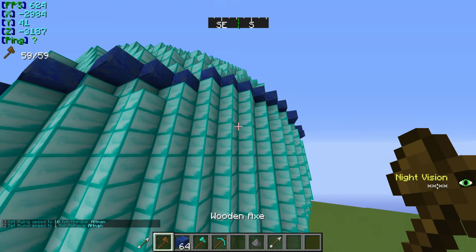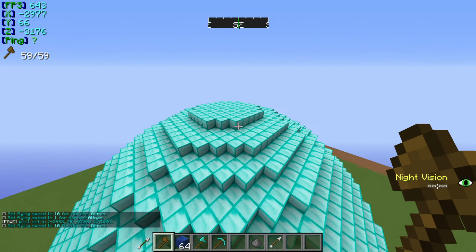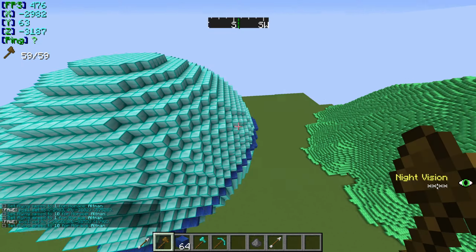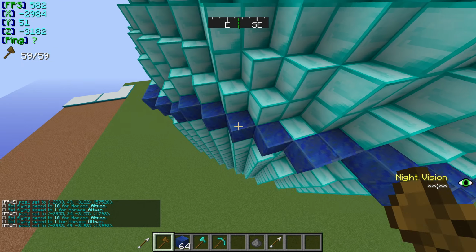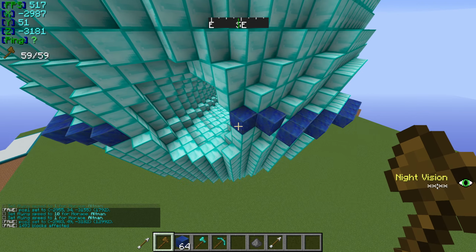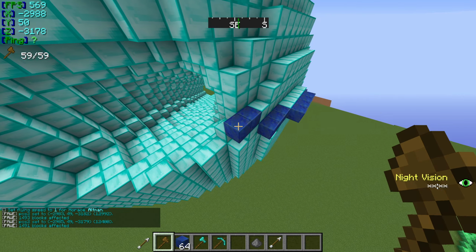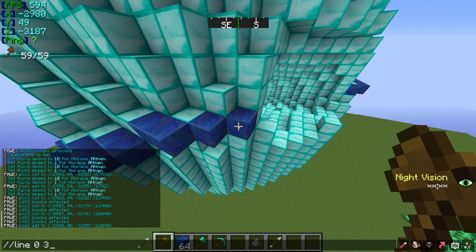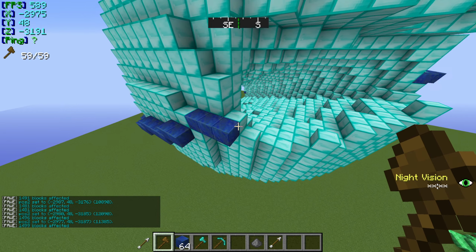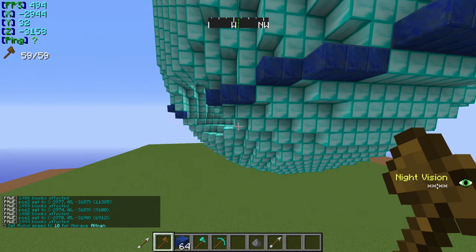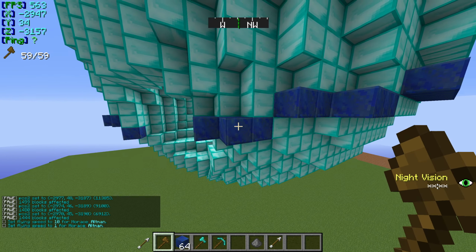And then what we're going to be doing is we're going to go down here. So let's go down there, and then we are going to select that. So 1, 2, and then we're going to do line 0, 3, and then we're going to kind of just follow the lines down a little bit. It's going to kind of cut into the bottom of it, and then we are going to select down here,